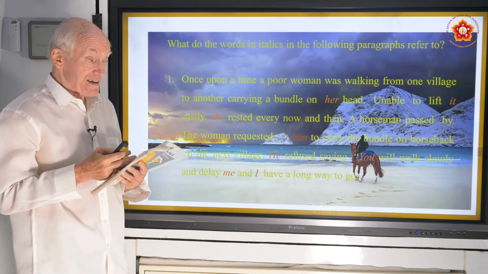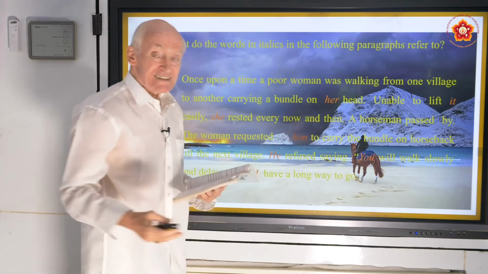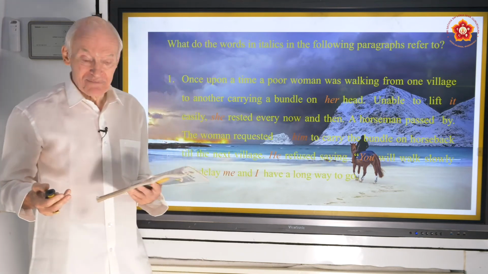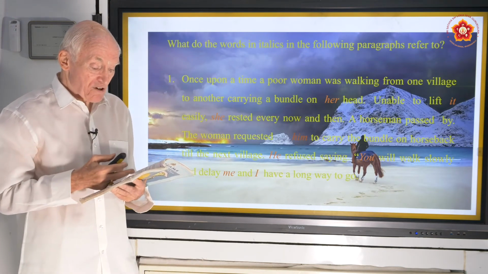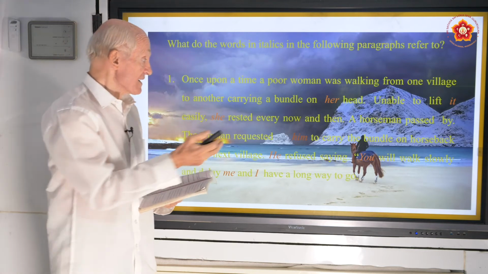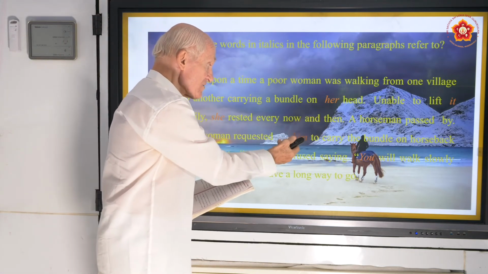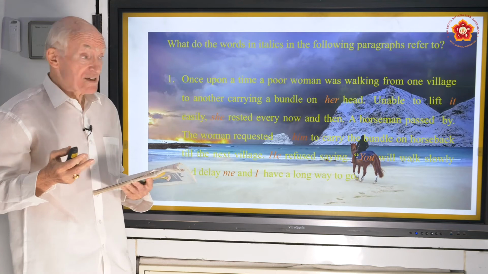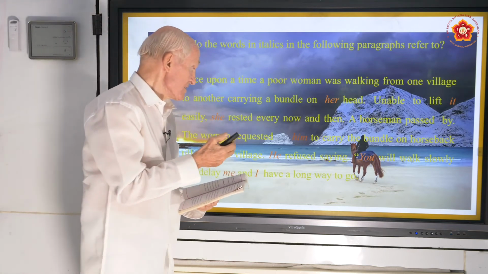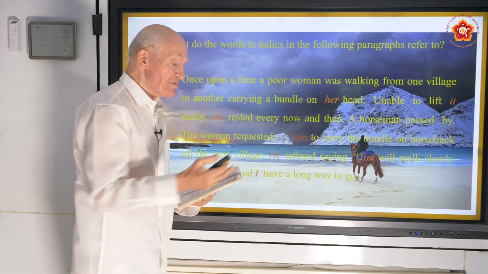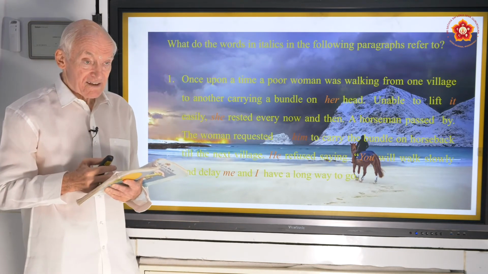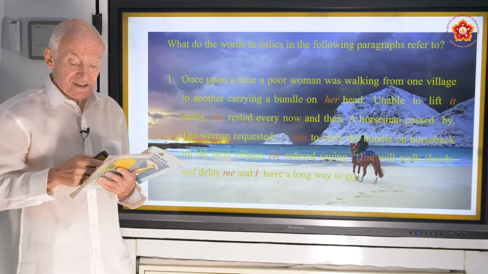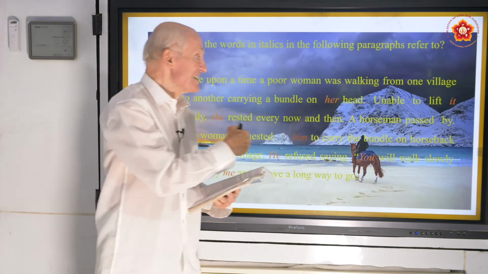A horseman came by on his horse. You can see the horseman here. He's got a strong horse. And she sees the horseman with all this space here, easy to put the bundle on. The woman requested, who? Not the horse, requested the horseman, requested him to carry the bundle on horseback till the next village. But he's up there on the horse, and he refers to the horseman. He refused, saying, you, pointing to the old lady who had asked him, said, you will walk slowly and delay me, the horseman,